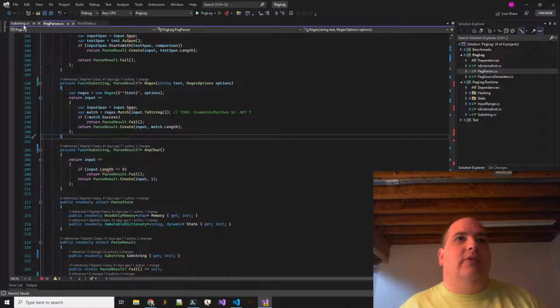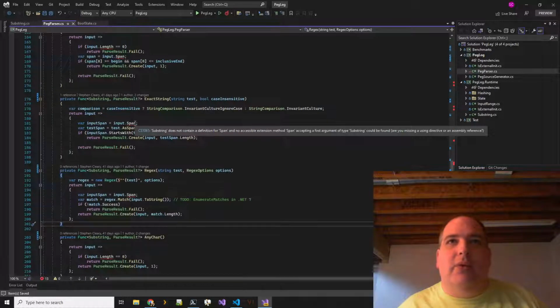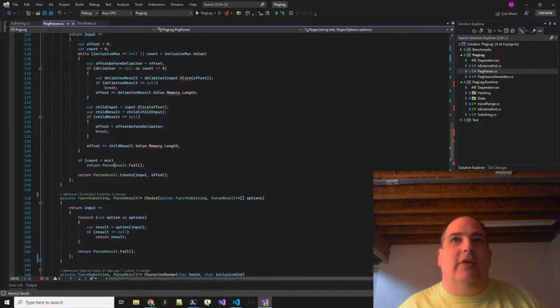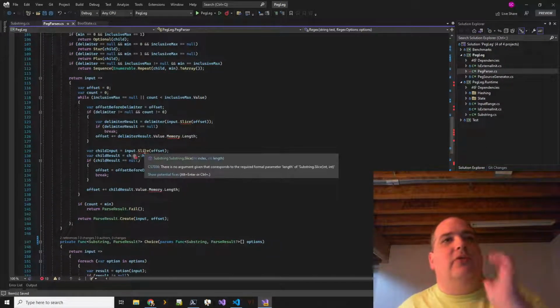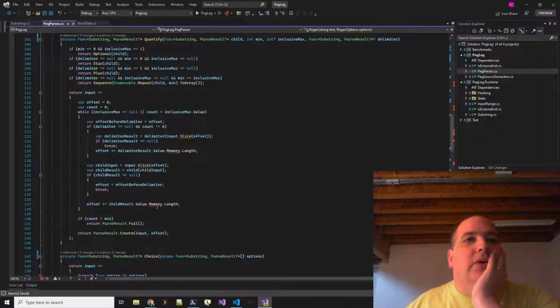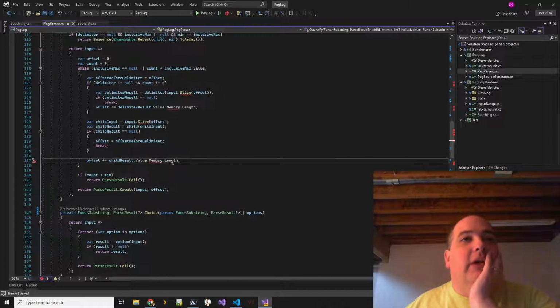Yeah, let's do that. Okay, so here's some things that we don't support yet. We don't support taking a span, which we could. We don't support taking the length. We don't support slicing with just a single argument. That's fine. We don't support getting a memory. This is really just the length anyway, right?